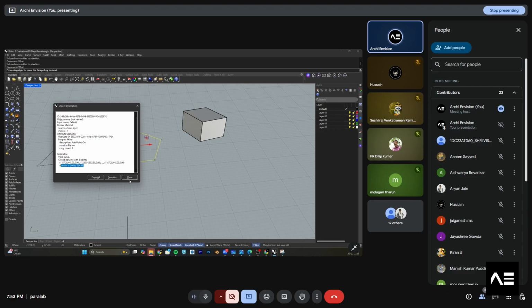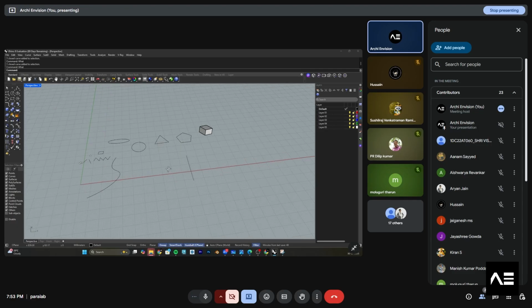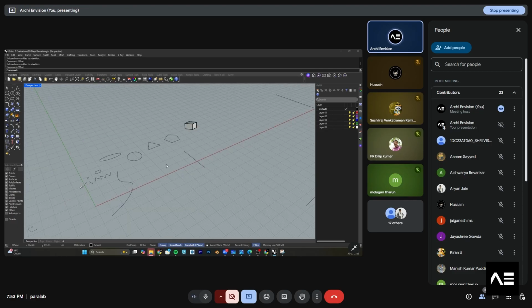Just try to install Rhino in your workflow, and try to create different sets of points using this. I'll give you a basic assignment for next Sunday. Only a few similar basic assignments will be there.